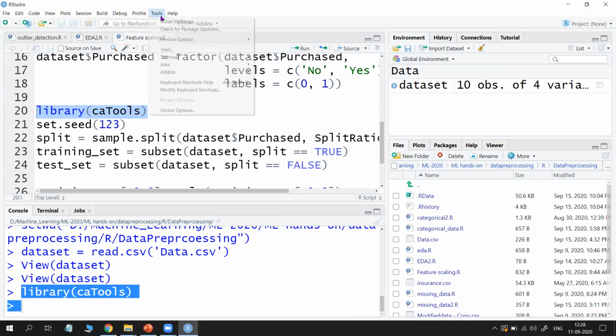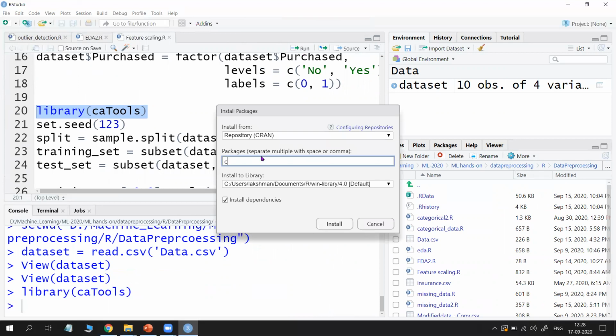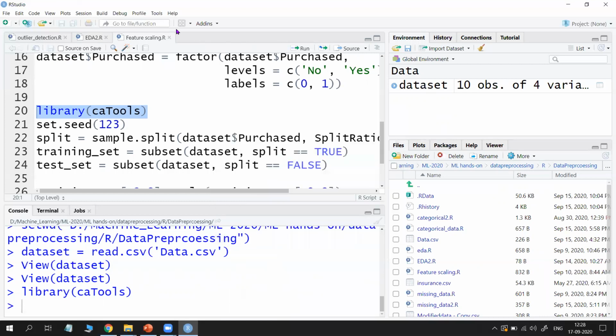If we want to install it, just go to Install Packages and then type caTools, and click on install. No need to type install.packages, you can install from tools also. I already installed it, so now I am executing this code.